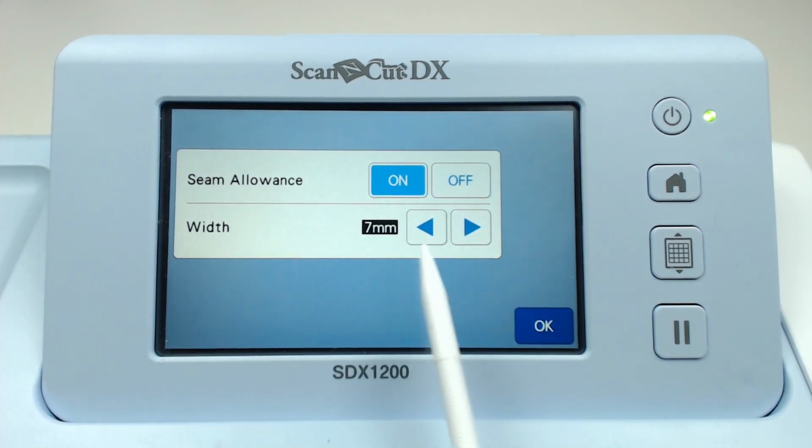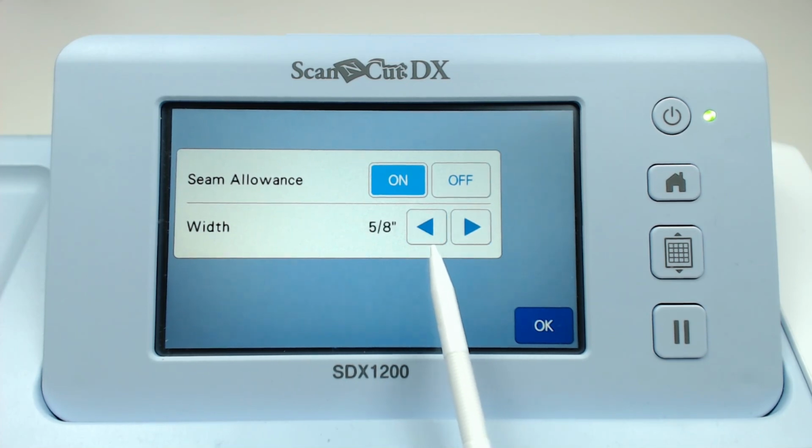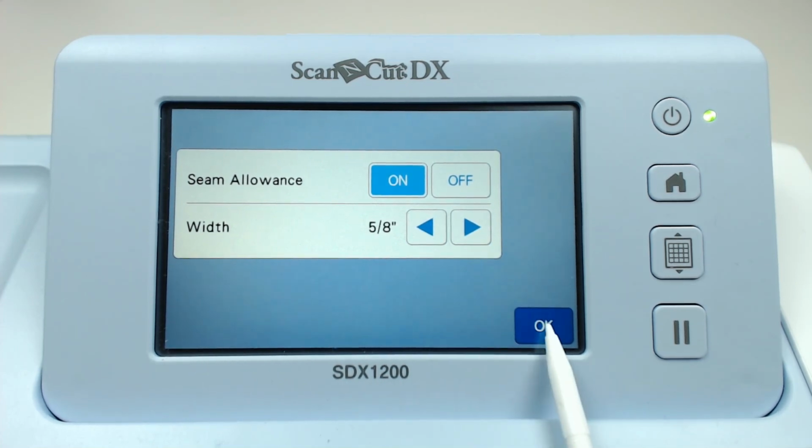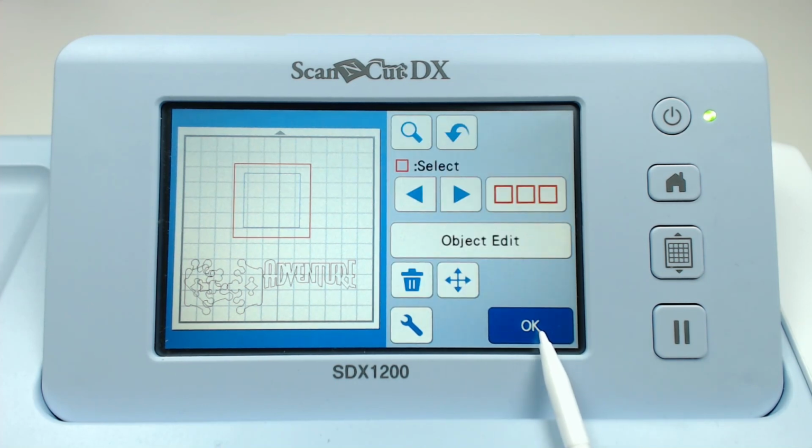tap the button that says On, and then use the arrows left or right to change the width of the seam allowance. These run from 3 mm up to 5/8 of an inch. Tap OK to set that, and the machine has now created both the cutting outline and the drawing outline for